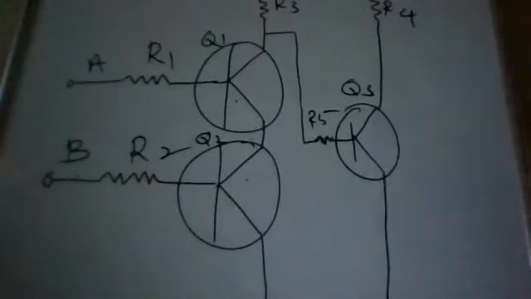So Y equal to A dot B depends upon the transistors. So transistors depend upon the inputs. So here also when the two inputs both are in 1 condition, A equal to 1, B equal to 1, then we get the output Y equal to 1.